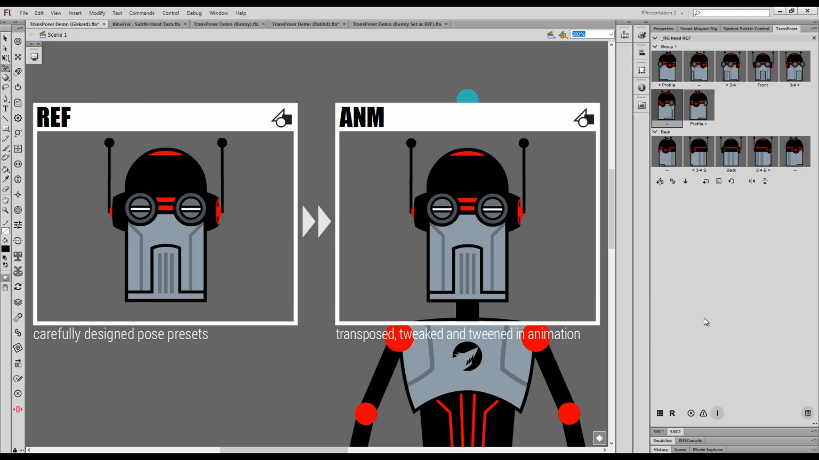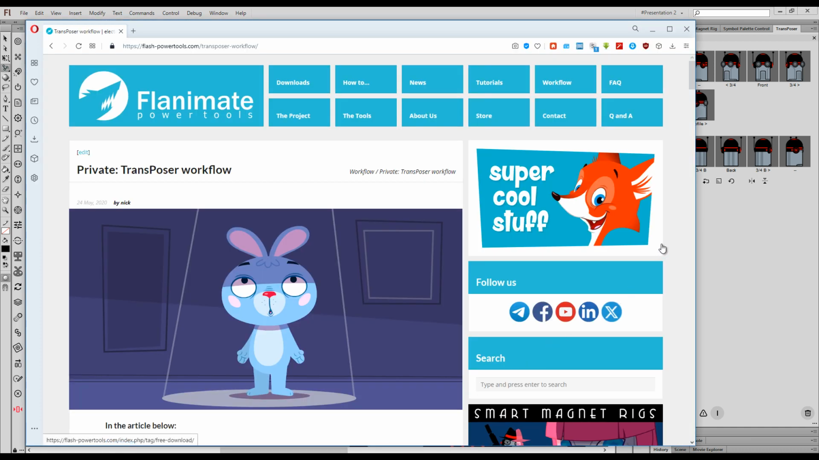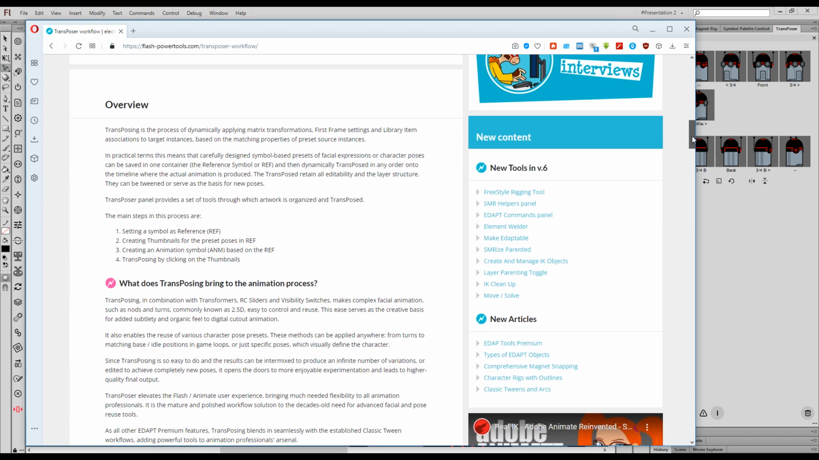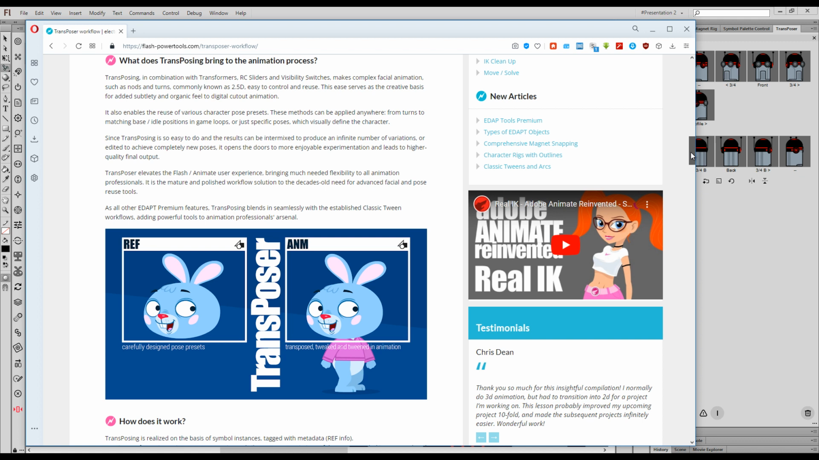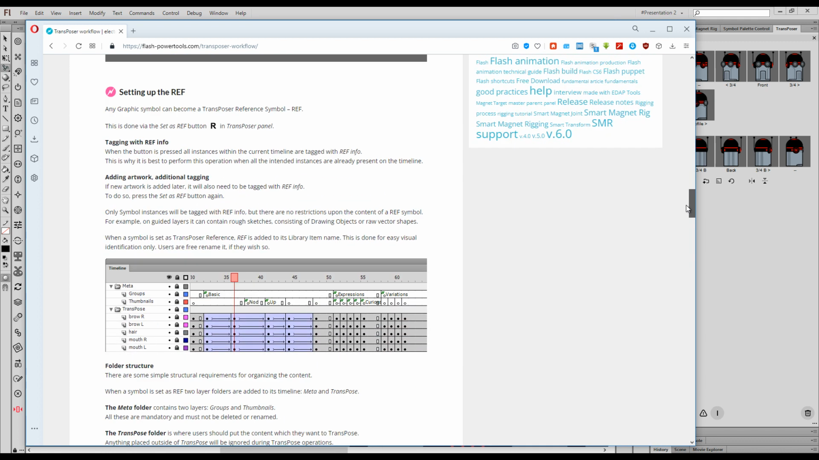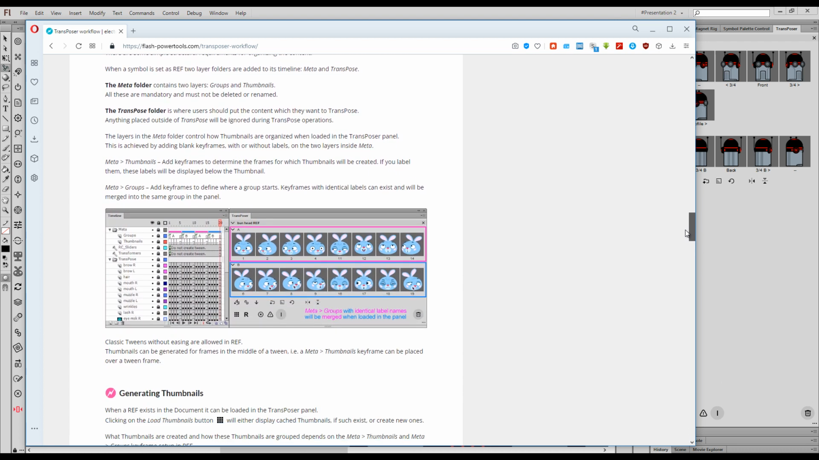TransPoser is way too complex to cover in a single video. So in this presentation, I will focus on the main features, main workflows and main areas in the panel. And for detailed workflow suggestions, make sure to visit our website. In the workflow section, read the TransPoser workflow article and watch all the videos in there. The textual part covers every tiny bit of detail and gives you suggestions how you can incorporate transposing into your